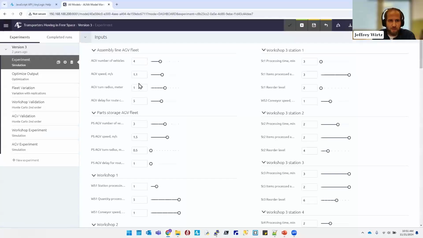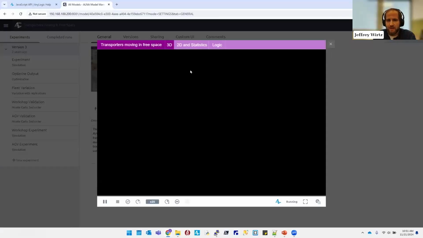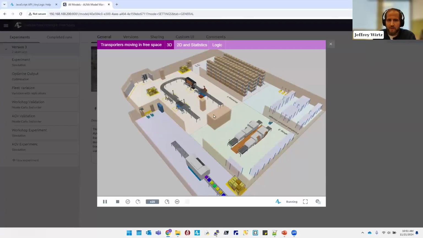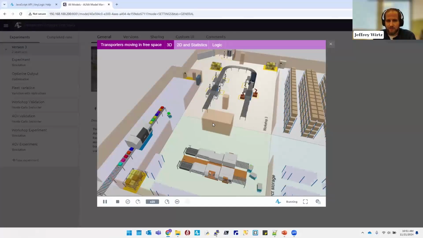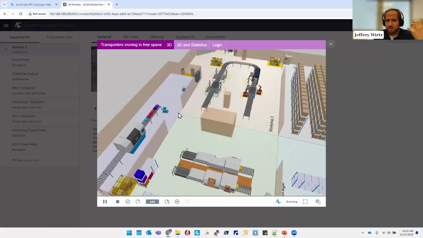So we have a simulation model, transporters and moving free space. For anybody who's not familiar, it is just an inside the four walls production plant, where the big thing that we want to experiment with is the number of AGVs at this facility, because they're in charge of moving items between the different workshops. And me as the simulation modeler have to decide how many AGVs, what type am I going to purchase? These used to be just humans in forklifts and with the lifter, but we want to invest in AGVs, which is going to be a big investment that I don't want to overpay, because maybe within my experiment,